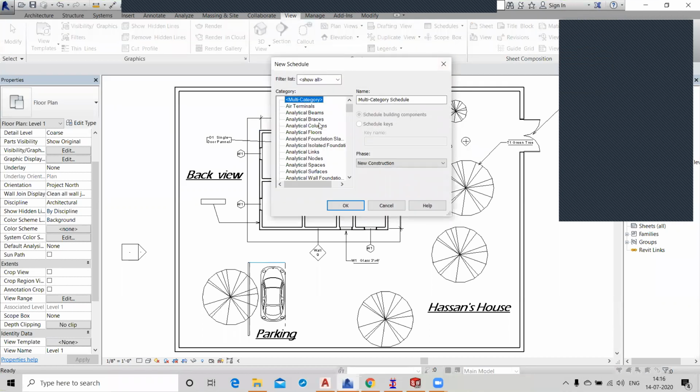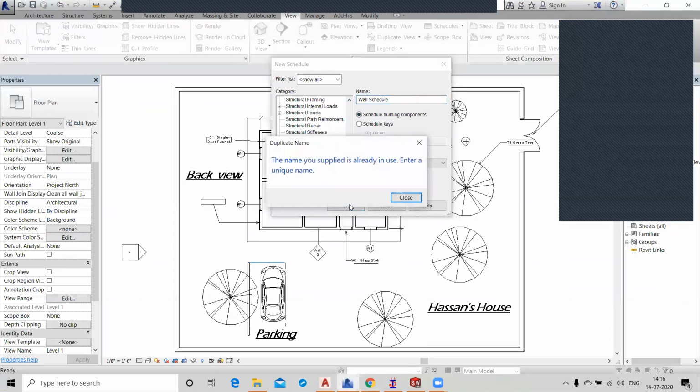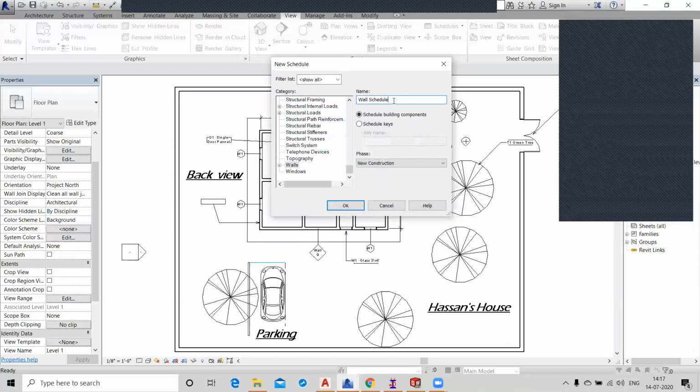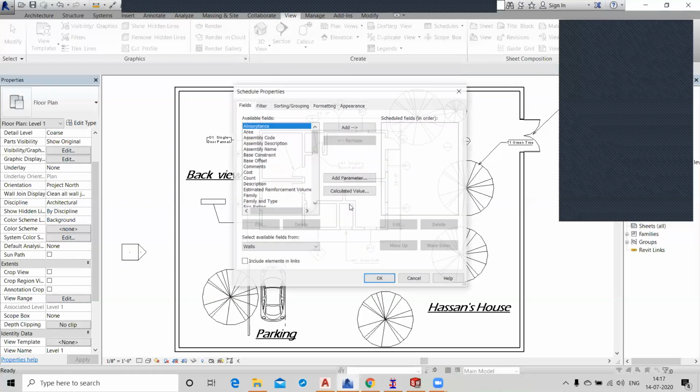A new window will open, and here you have to select your walls because you are going to find out the wall quantity. So you will give the name as wall schedule and click on the OK button.